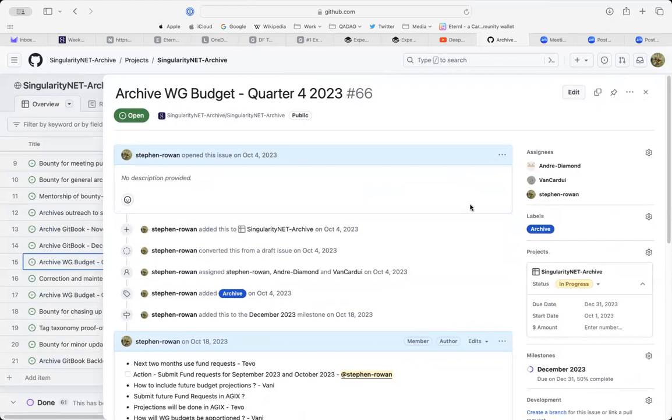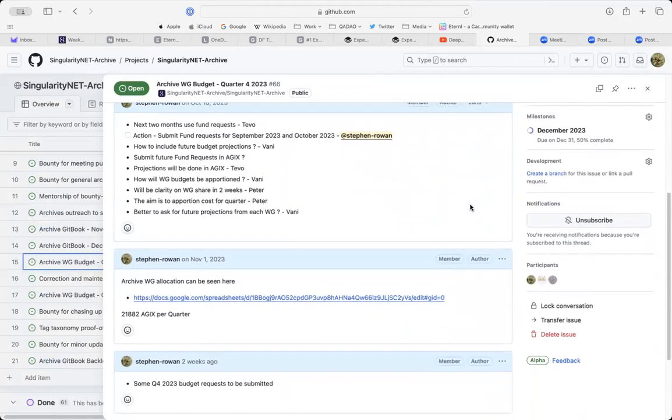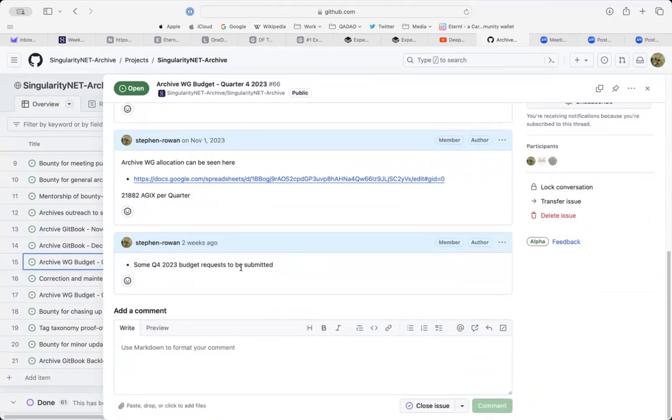There was something we said about why we kept it open last. We needed to have all the elements ticked off before we closed it. I know it was about submitting the funding requests. I think most of the issues are closed now. So I think that's you, isn't it, Stephen, that needs to submit.